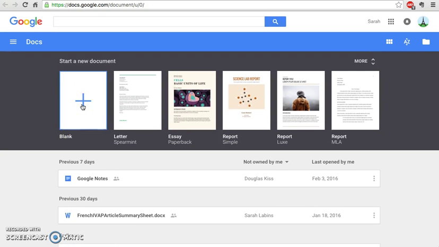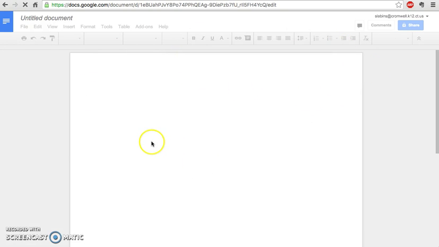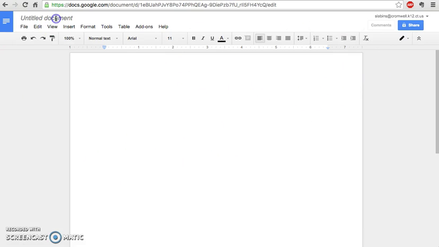So to create a new one, you click here, plus, to add one. And again, it looks very similar to Microsoft Word. I can rename it, give it a title so I can find it, and everything you save is going to be in your drive, which is again kind of like your H drive. So again, up at the left to go back home,